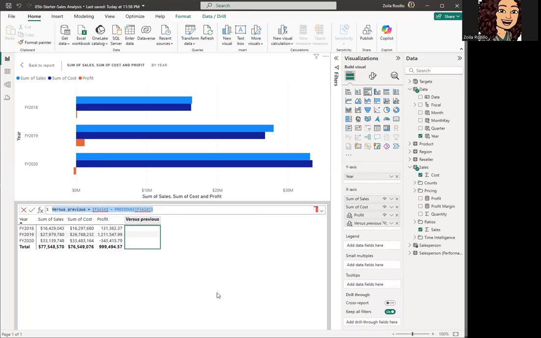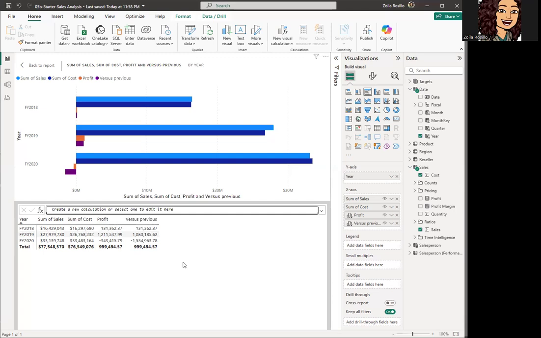So we're looking at number 1. It says in the formula bar, replace the field placeholder with profit, right? So in the 2 places where I see this field here, I'm going to take the first initial profit, right? So I'm going to type in profit here. And we remember that we looked at profit here as a visual calculation. And then I want to compare it to the previous profit field. So I'm just going to go ahead and type it in, profit. There it is. I'm going to select it. Okay, so I've got profit and I've got profit, and then I'll go ahead and click on my commit,